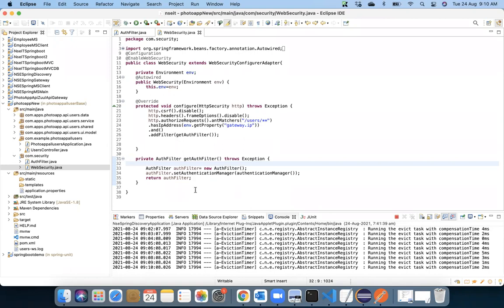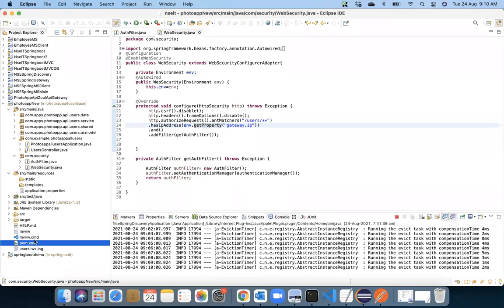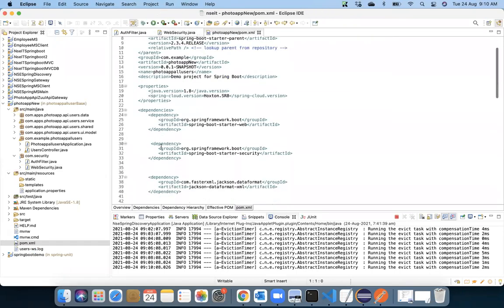Anybody else? Any update? So what we did here is, three things we have implemented. Number one, we enabled security. We added security into our project by adding the dependency called Spring Security.